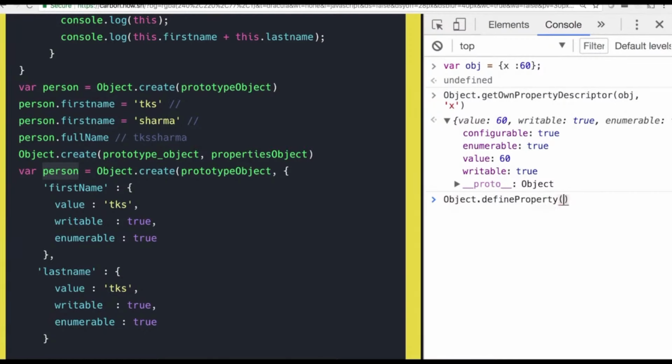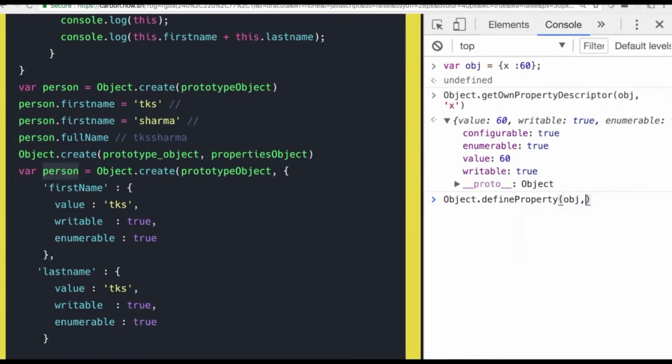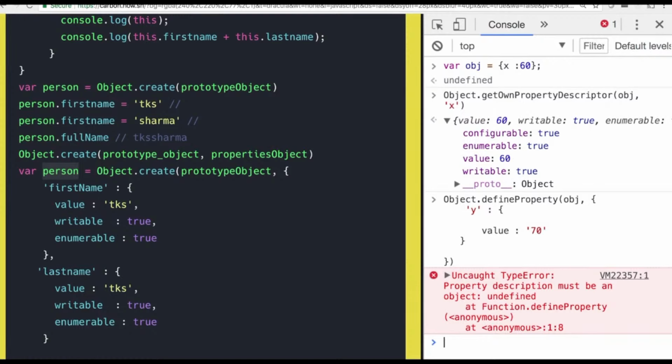So if I wanted to define a new property on this object which already has x: 60, I can do something like this. So this is the object, and here I can add some new properties. Define property means you can add one more property with the value and all these things. So I'm adding a new property y having value 70. Leave it for a second, Object.defineProperty, and